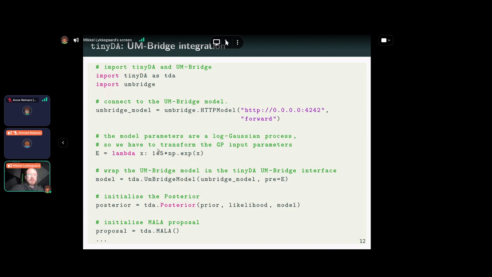For example, I let the MCMC sample in log space of this Gaussian process, but the forward model needs me to exponentiate it so it's positive. You can do that within the UM-Bridge model class. Then you just put that into the posterior like before: prior, likelihood, model. You can set up the proposal and so on and sample from that. So that's pretty straightforward.